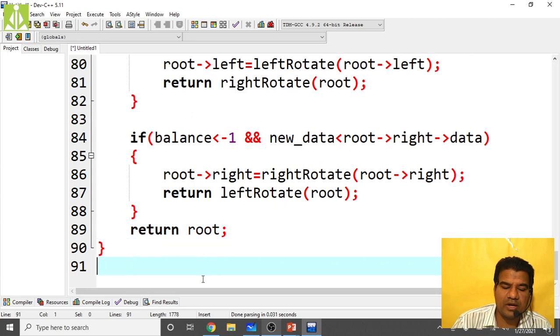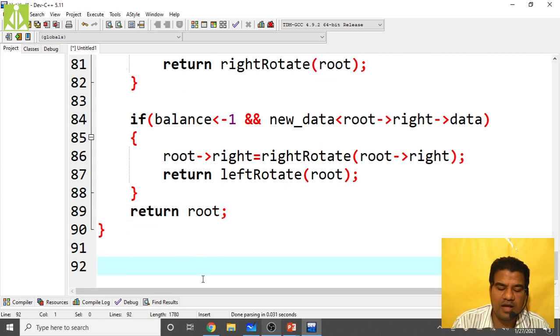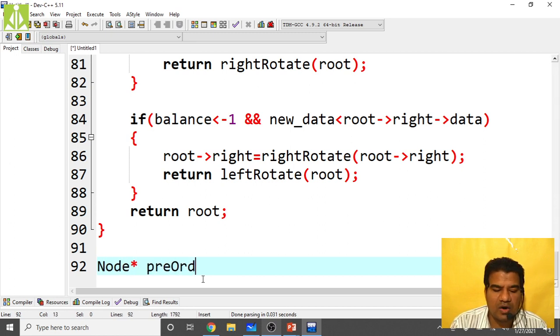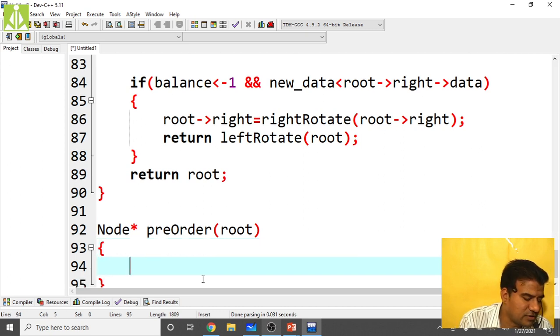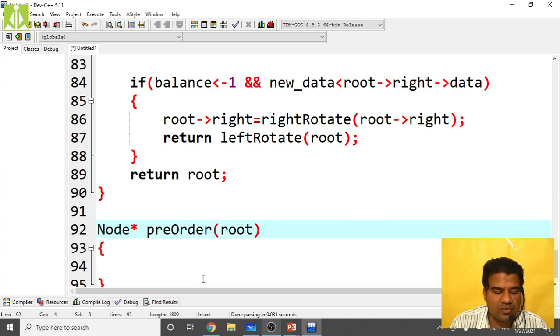So now, just to print the values, we write our pre-order traversal function. Any particular traversal function you can write, but here I am writing only pre-order.